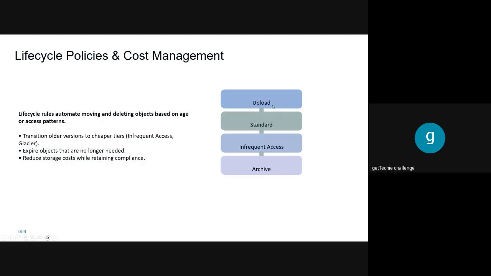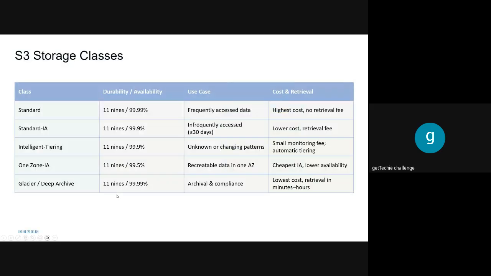So, for example, when you upload an object, can you see my mouse? When you upload an object, right? I told you by default it is in the standard tier. But after a while, you can write a lifecycle policy that after a while, it should move from standard tier to infrequent access, right? After that, it should move from infrequent access to something like Glacier, or there are different ones, like One Zone infrequent access. Then there is the Intelligent-Tiering access. We'll be looking at that, whereby on its own, it moves the data for you. Then you can move them into Deep Archive, which is the cheapest you can experience.